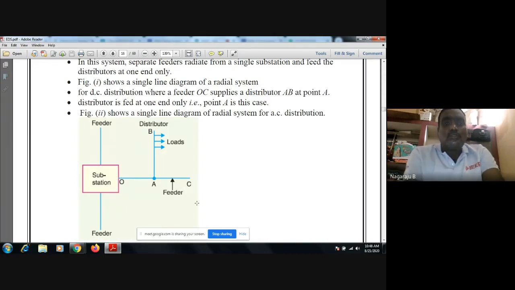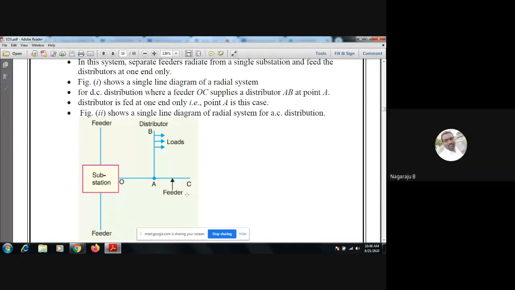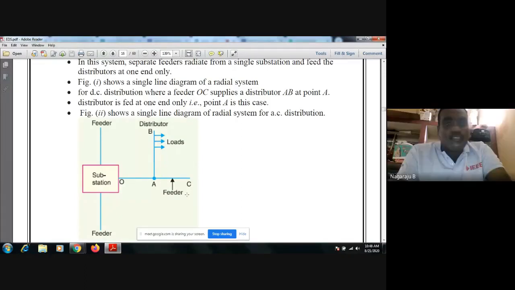O to C is one distributor. O to C is a feeder, and it supplies the power to the A to B. A to C is a feeder, but feeders do not have any tapping, while for the distributor we have the connection. So Figure 1 shows the single line diagram of the radial feeder, radial system for DC